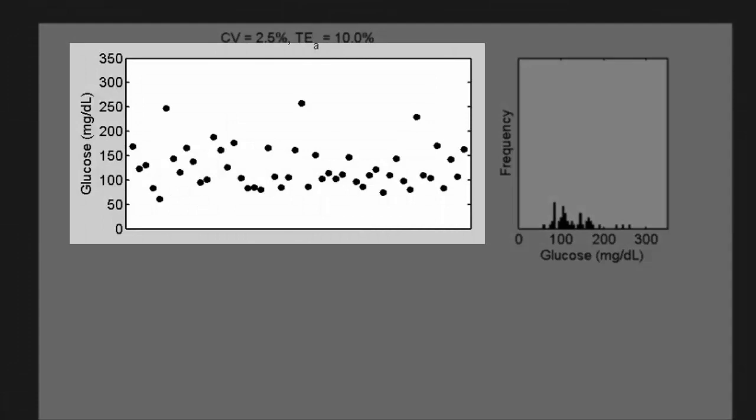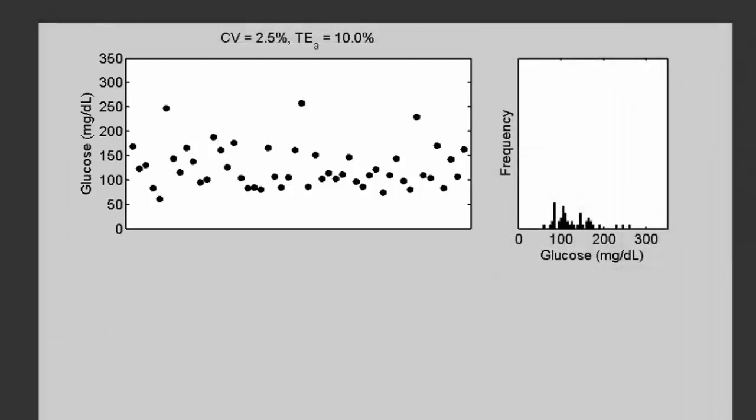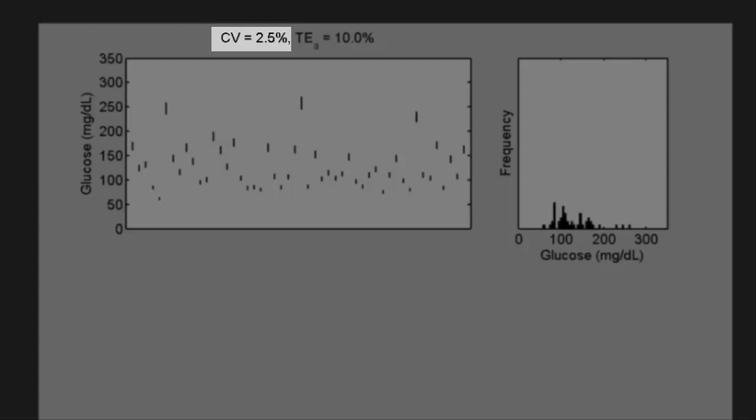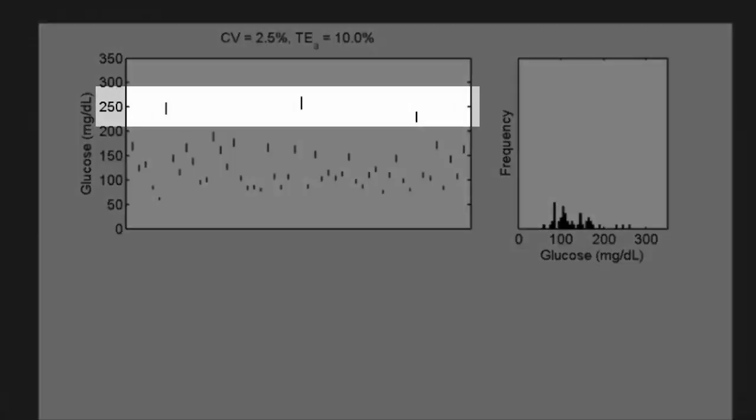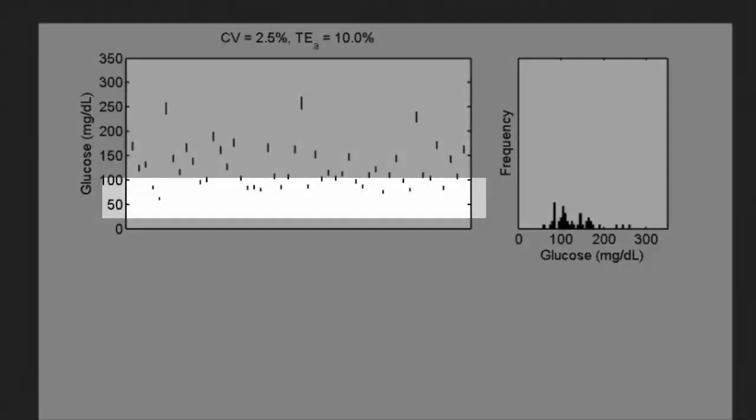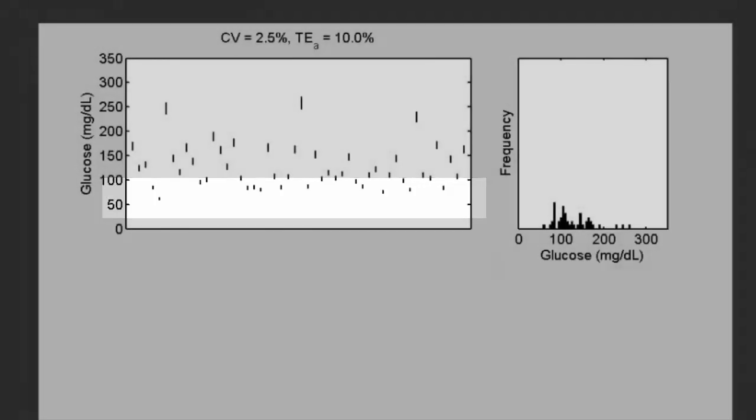We recognize that the results we are recording are not perfect, and that each result has some degree of uncertainty associated with it. In reality, each of the dots would be better depicted by a vertical line that represents uncertainty in the measurement result. In this particular case, where we are assuming a CV of 2.5%, large results like the glucoses that are around 250 have more uncertainty associated with them than the smaller results that are closer to 50.